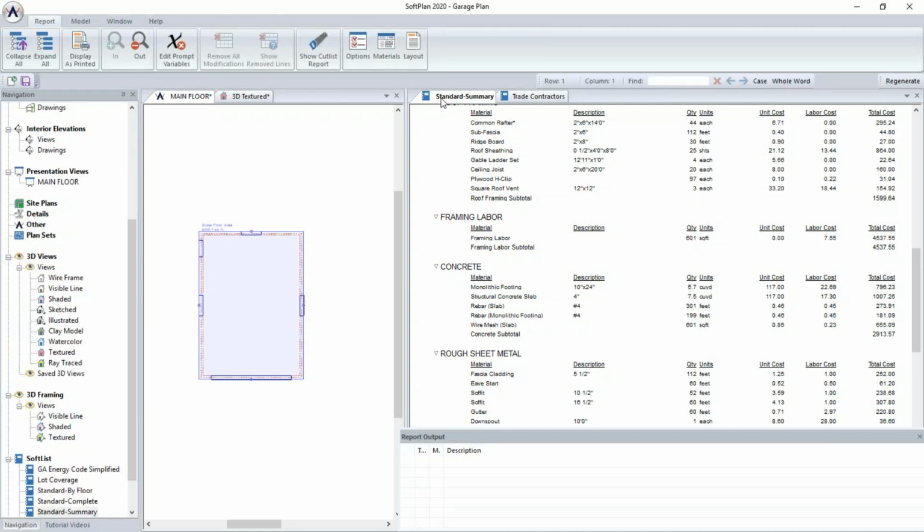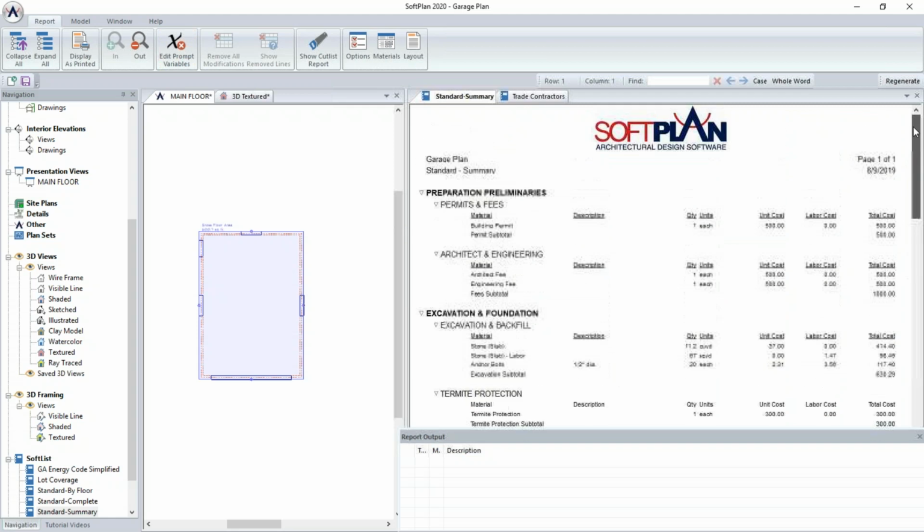Next, back in my standard summary report, we're going to take a look at, if I scroll to the top, we'll see we have a building permit, architects and engineering fees. Well, for this simple design, we probably don't need the fees. We do need a building permit, but let's say it's not $500. To change these values,